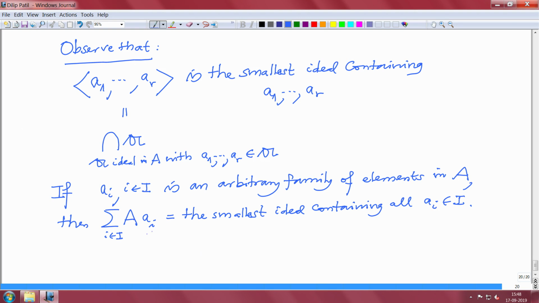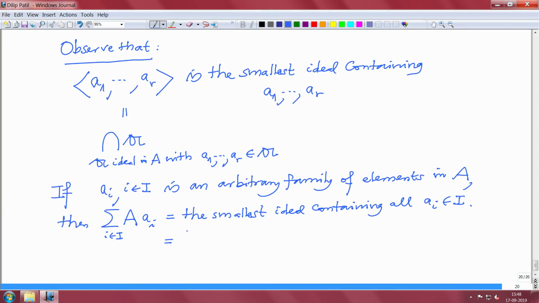That makes sense because there is at least one ideal which contains all of them, namely the capital A, and therefore the smallest makes sense, you take the intersection. But you can also describe it like the earlier description. So this is precisely the linear combination, but now when you say linear combination you have to take finite linear combinations. So let me write precisely, this is the set of all